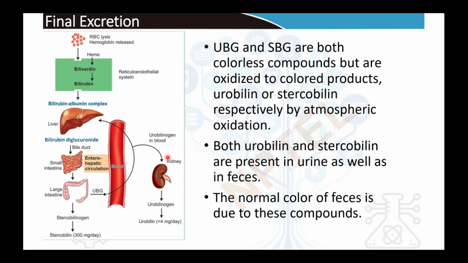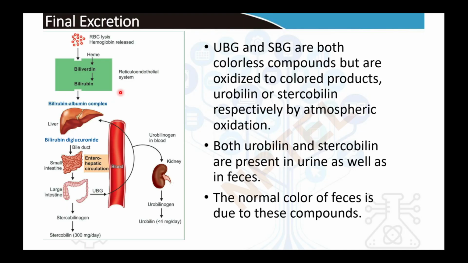So this is the final excretion process. This is how bilirubin is excreted out of our body. When RBCs are lysed and the heme is out and open, heme has to be degraded and removed from our body. Heme is degraded into a molecule called biliverdin, which gets converted into bilirubin. This bilirubin is insoluble, so it forms a complex with albumin in order to be transported to the liver, and